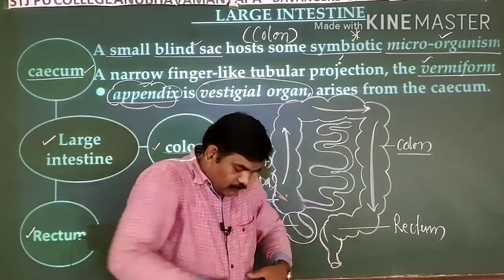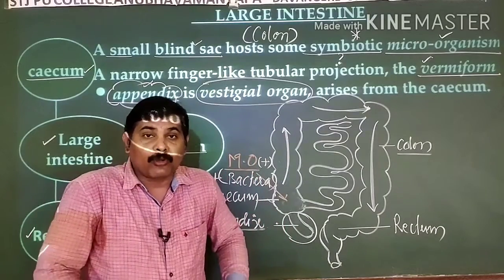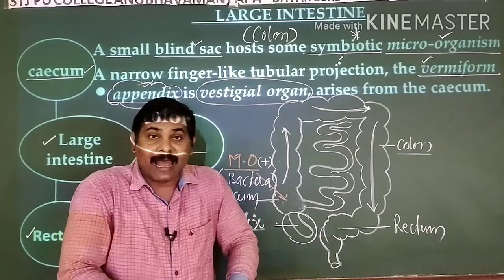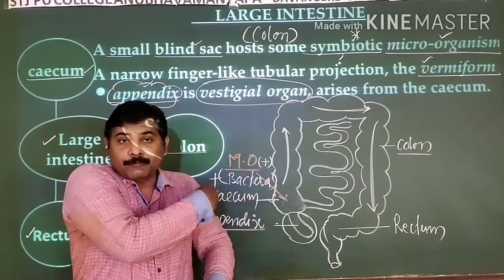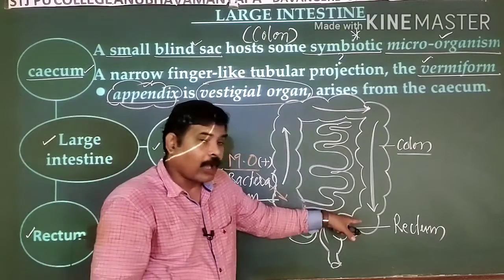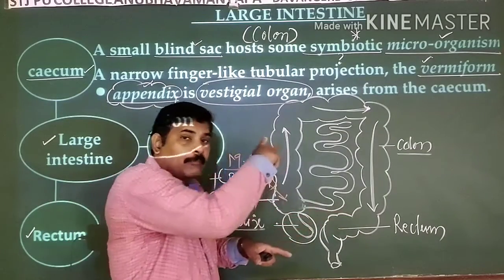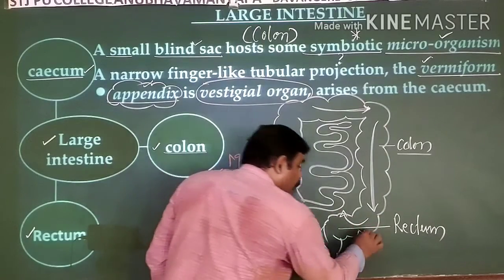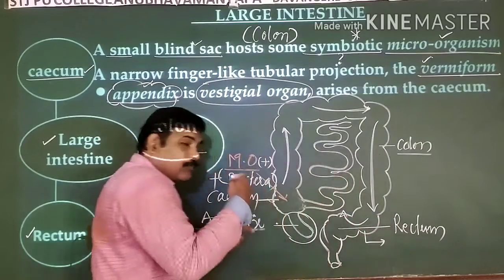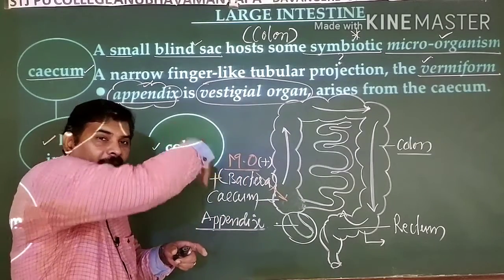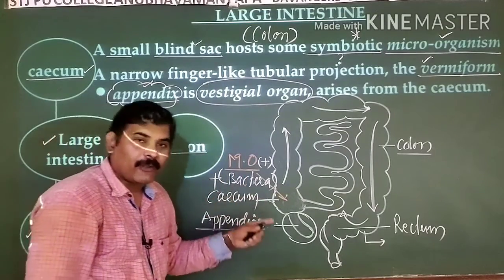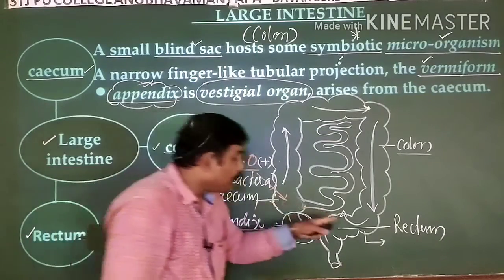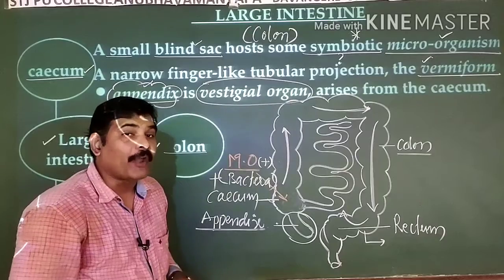Here, all these are present in the front portion of your abdominal cavity. Whereas hereafter, if you see the colon, the anus is not present in our front, it is present in our back. So the colon moves backward, and the portion of the colon moving backward enters the rectum, thereafter the anal canal, and opens out with an anus. That portion of the colon is known as sigmoid colon.